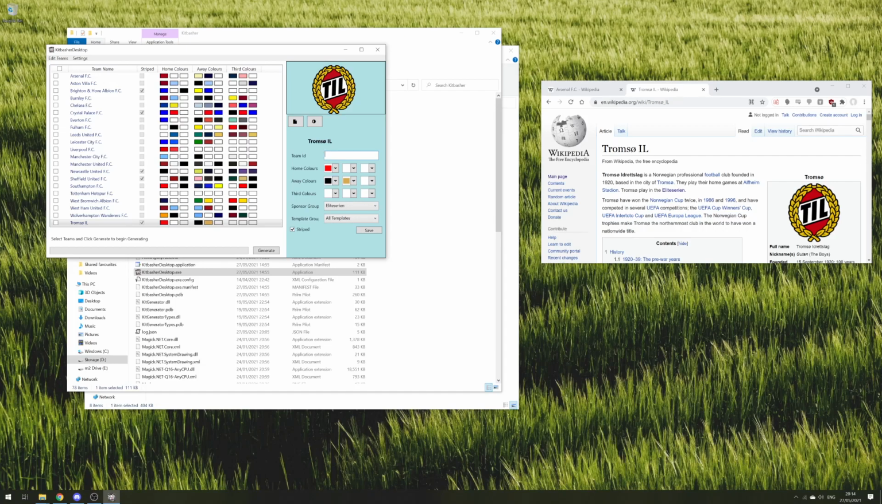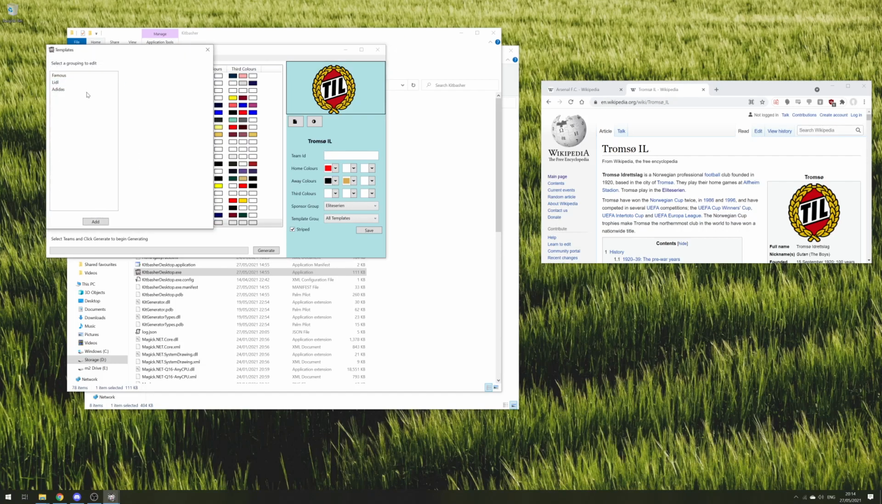And the last thing we want to look at is the template groups. Now, template groups just allow you to select what brands you wish to use within your generated kits. For example, Jayco and Joma are not very popular in the Premier League, so they're less likely to be selected as a team sponsorship for the Premier League. And I can just add a new template group. I'm going to do another Premier League